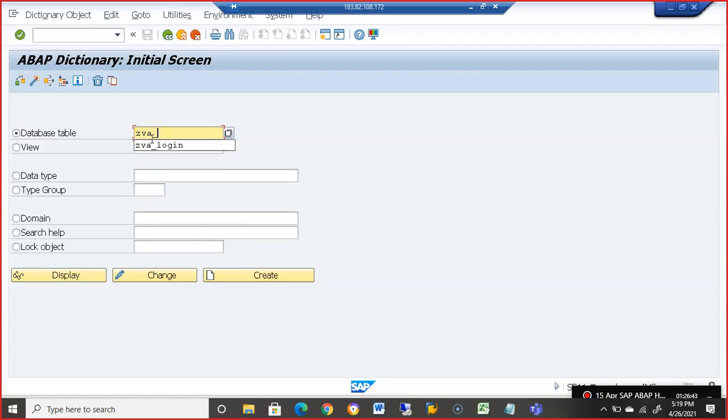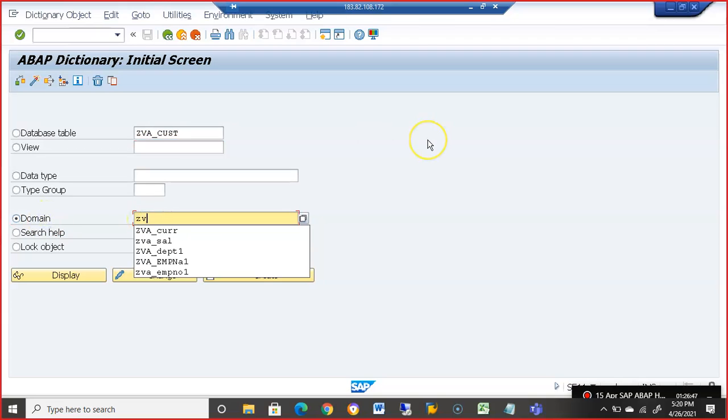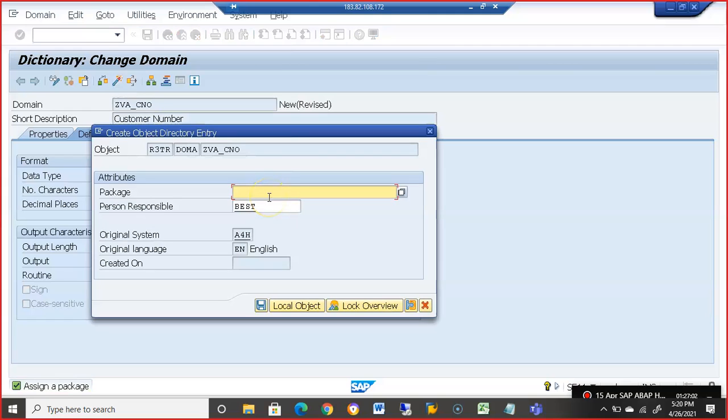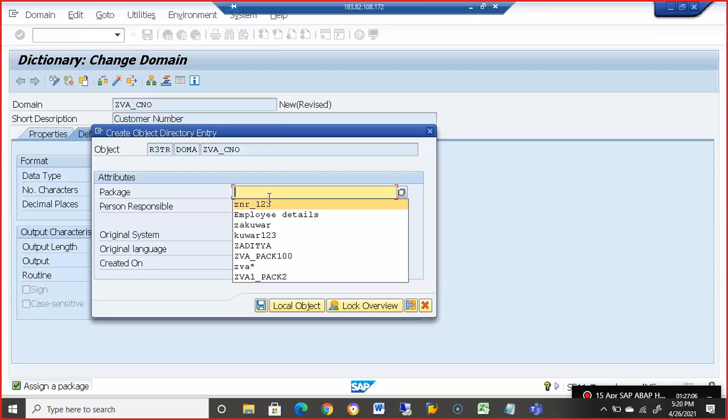ZVA underscore customer. Before that, I'll create the domain ZVA underscore customer number. I'm not giving underscore DO. This is customer number. I'm giving the type as character, length as 10. Activate this. I don't know whether we have the package; ZVA back 100 is there, I guess.